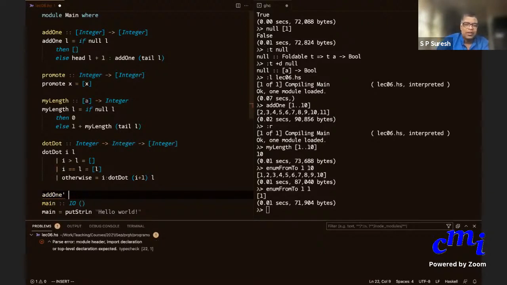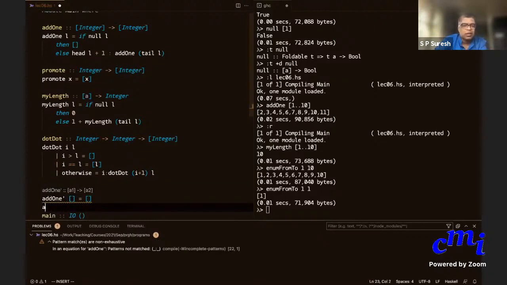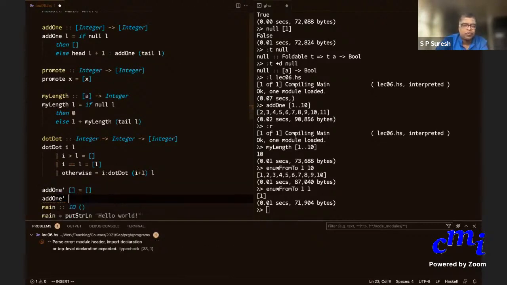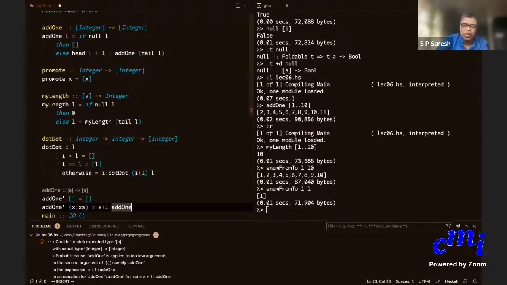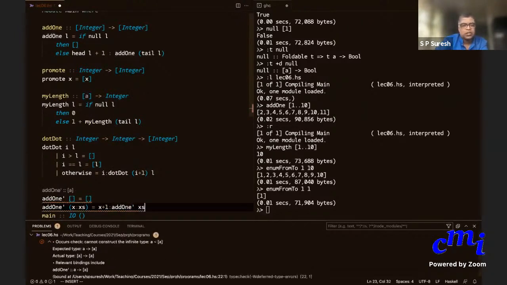Okay, so add one prime of empty list. Add one prime of x colon xs equals x plus 1 colon add one prime of xs.